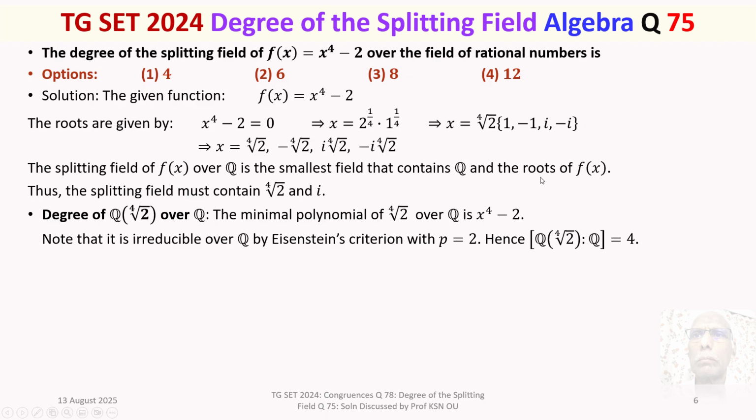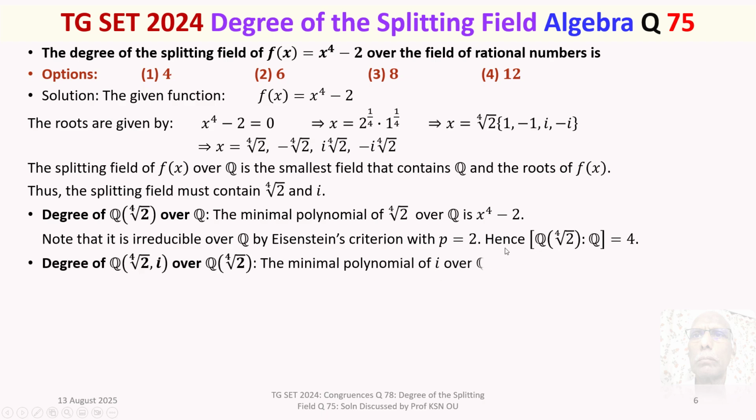Right. That means we now have in Q the fourth root of 2 and minus the fourth root of 2. Do we have in this Q(fourth root of 2) the imaginary unit i? No, we don't. Therefore, we need to extend this field further. So what do we do? We annex to this Q(fourth root of 2)